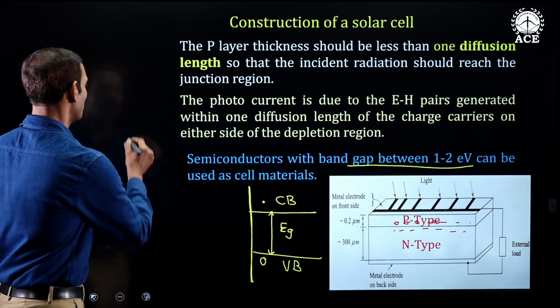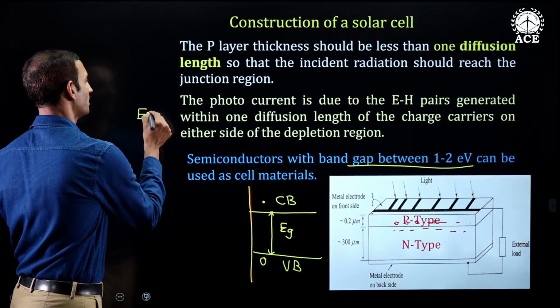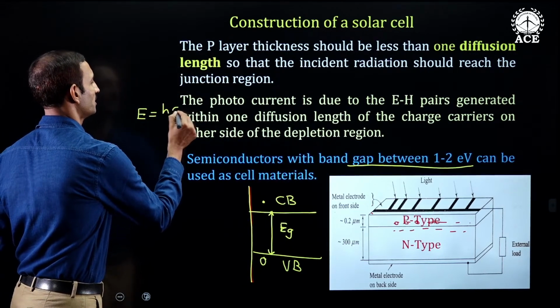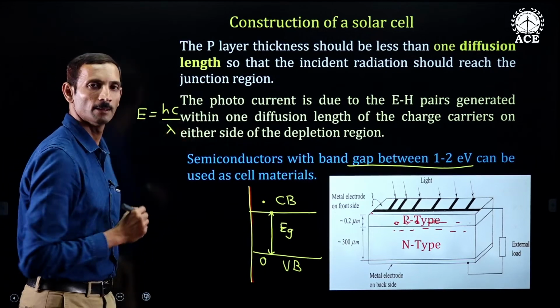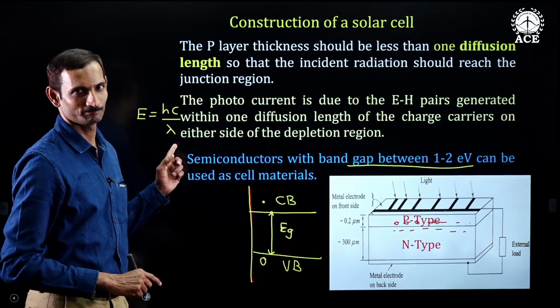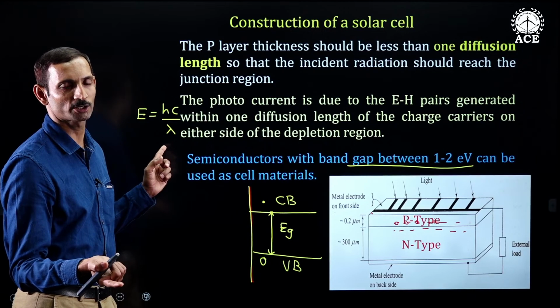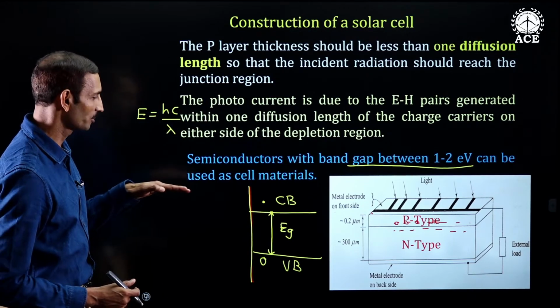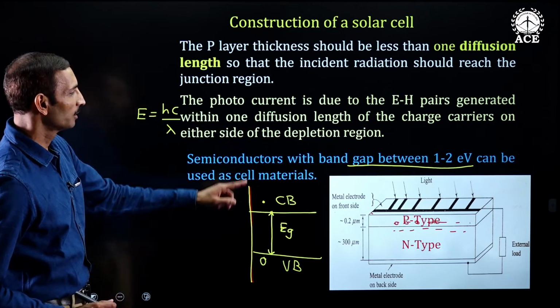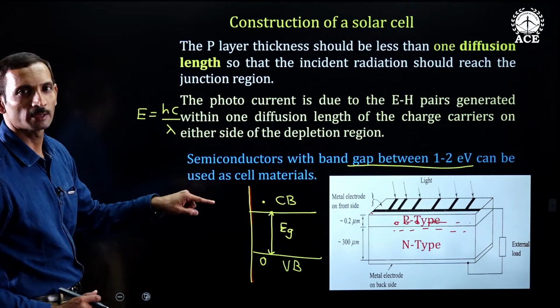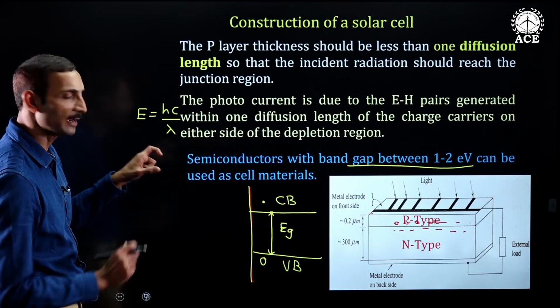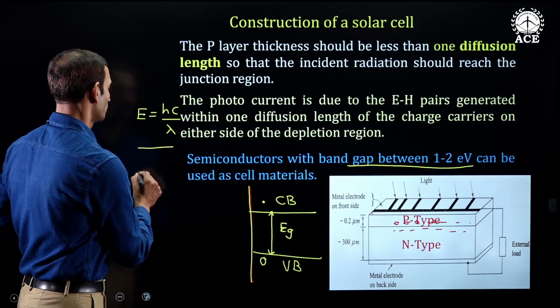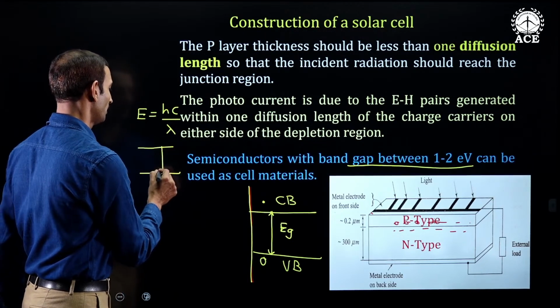So we have written that equation as delta E is equal to hc by lambda. Lambda is the wavelength, which is the representation of the color of light. E is the energy of transition from conduction band to valence band. Now, if we take the band gap as just between 1 and 2,